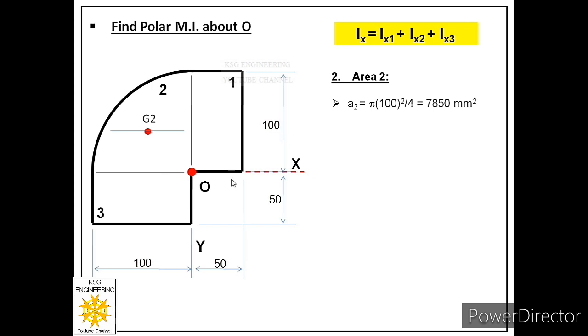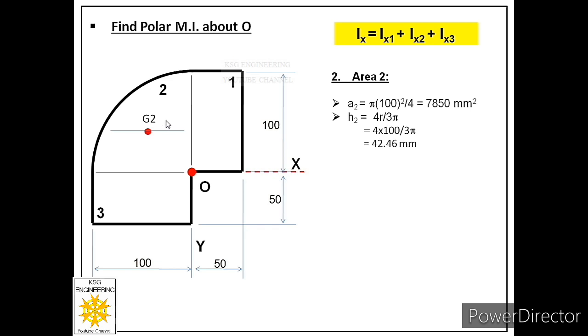It is very simple. You can see that we have assumed this axis as base. So this is the base, and this axis or base is in line with the side of this quarter circle. And we know centroid lies at a distance of 4r by 3 pi from that side. It means h2 is 4r by 3 pi in this case. So put the value of r, we will get h2 as 42.46 millimeters. Now what is the next step?